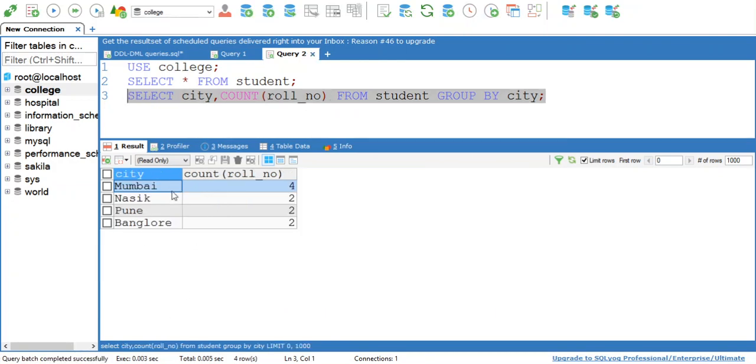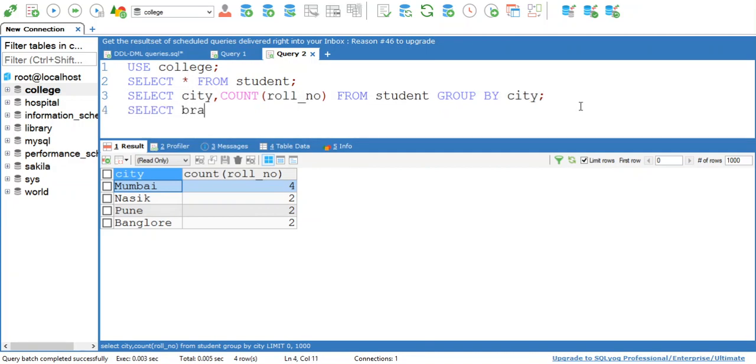See, at the output you can see city name and number of students in each of the cities. In Mumbai there are 4 students, 2 students are from Nasik, from Pune there are 2 students and 2 students are from Bangalore. Okay, so let's take another example.